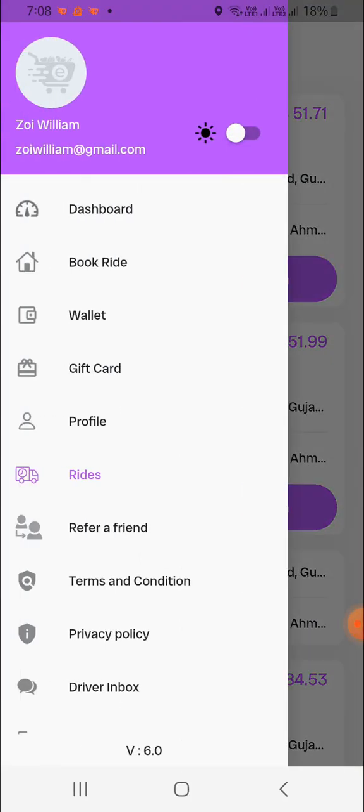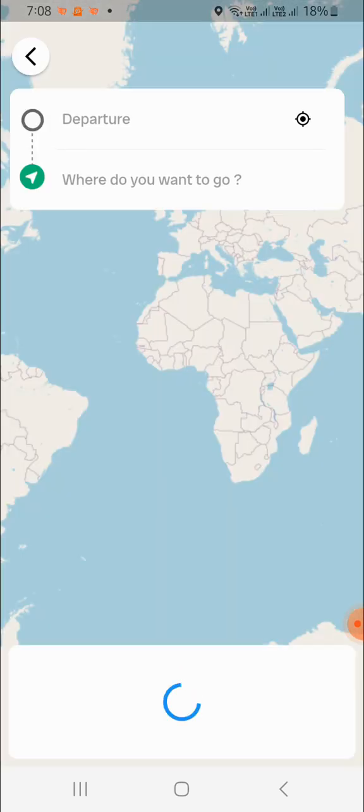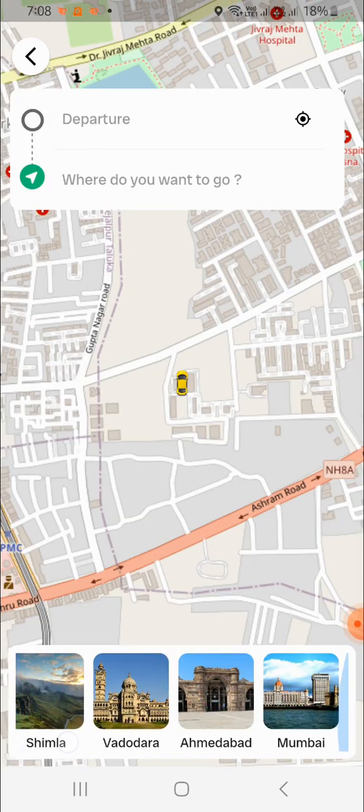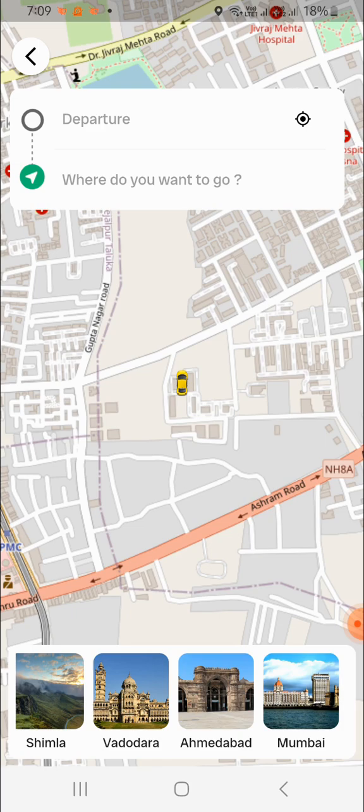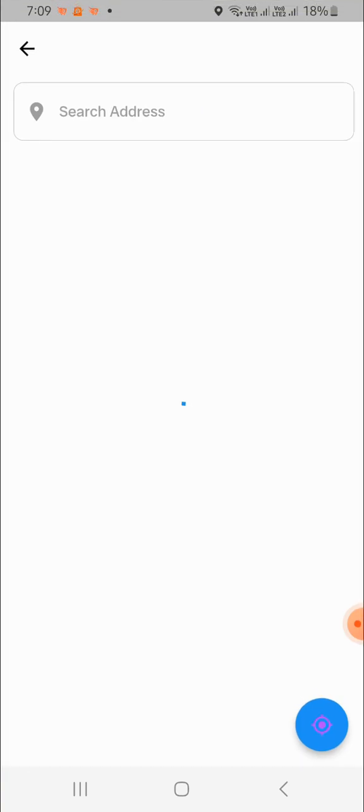Now let's book another ride, an intercity ride. Click on intercity/outstation. Select any intercity. I am choosing Vadodara and selecting the source location.